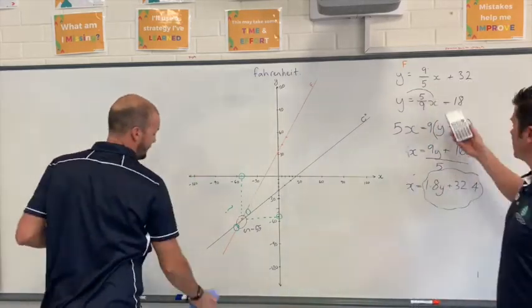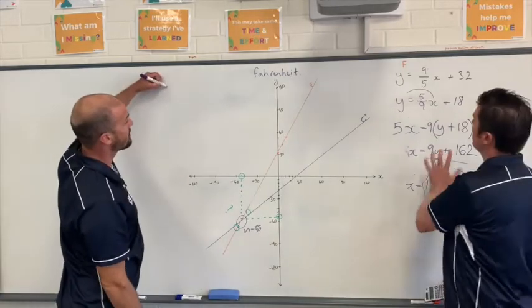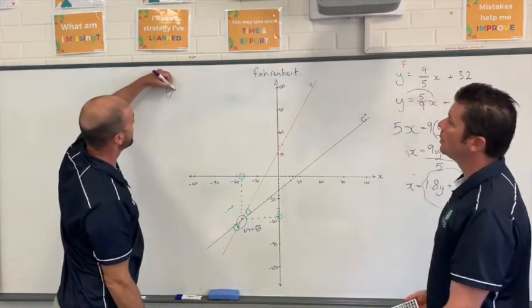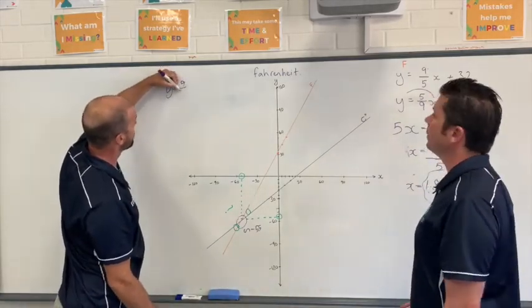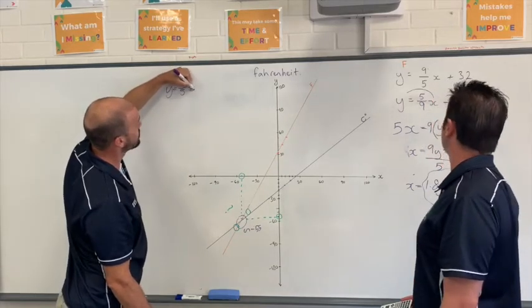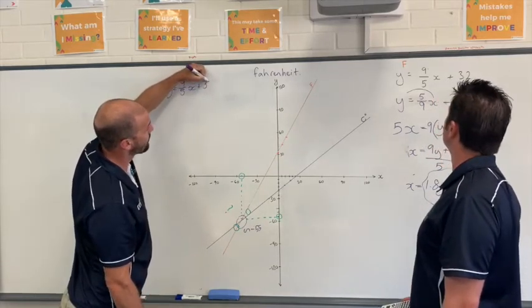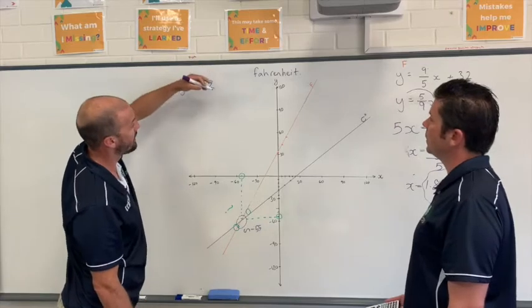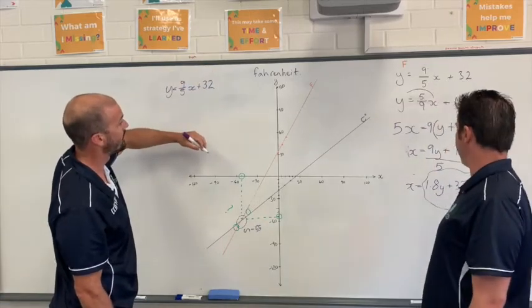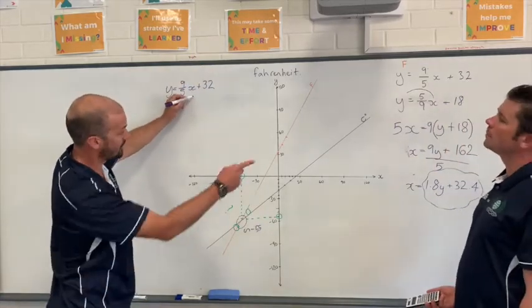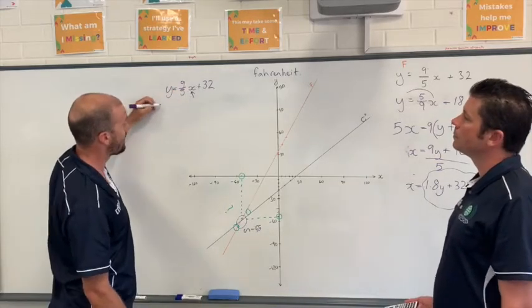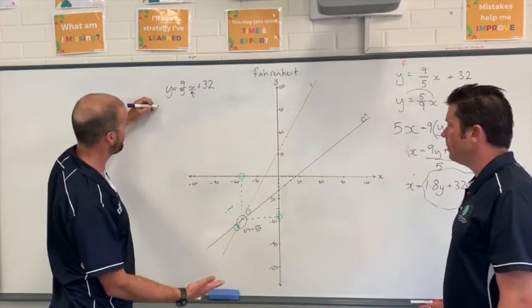So we're going to plug this x value that we have here into the formula. So y equals 9/5 of x plus 32. That's our formula. Now, we've just solved what x is, so now we can write it out with this instead. So y equals